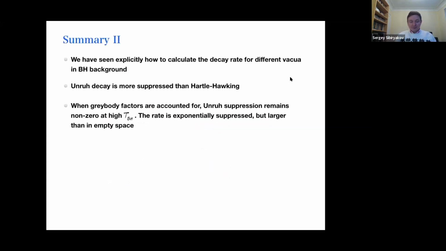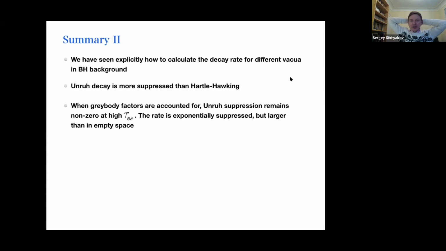Good. So I'm coming to my summary already. First of all, we developed a formalism to calculate the decay rate of different states in the black hole background. And in fact, this formalism is more general, so it's applicable to any non-equilibrium state in general. Though the specific applications may be complicated. But in these toy models that we studied, we were able to calculate the decay rate